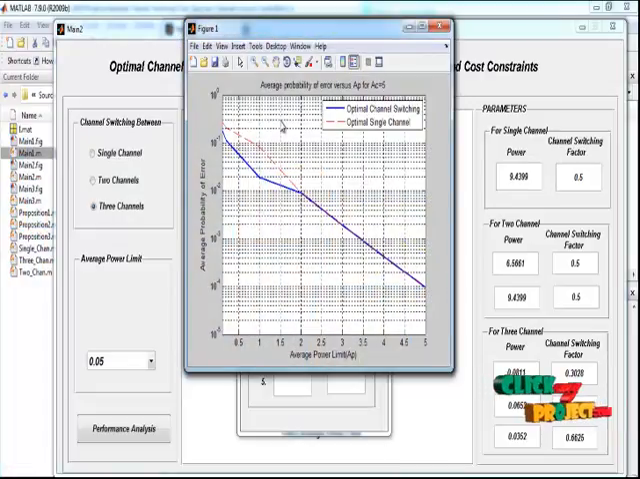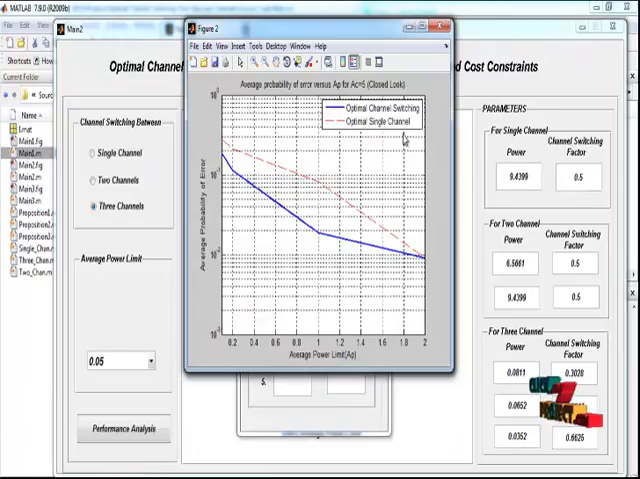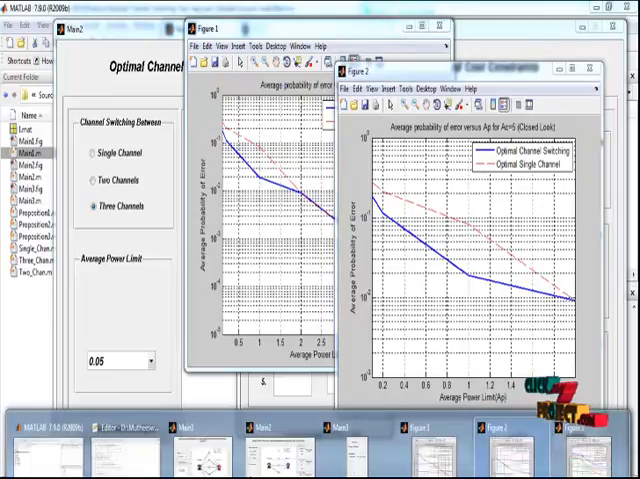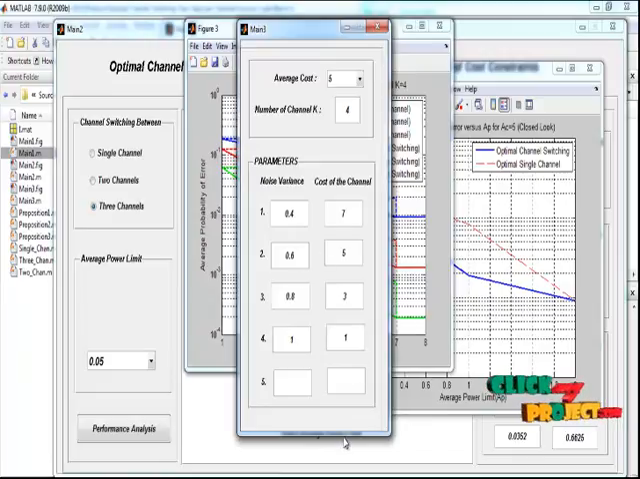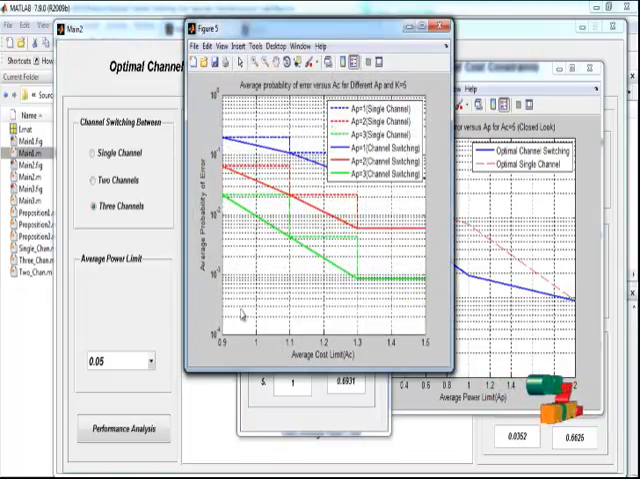average probability of error values versus AP for AC equal to 5, and here the closed loop for this graph will be obtained, and this is the average probability of error versus various average cost limits when K, the number of channels, is 4, and this is the noise variance and the cost of the channel when average cost is 5. Now changing the average cost to 0.9, we got the